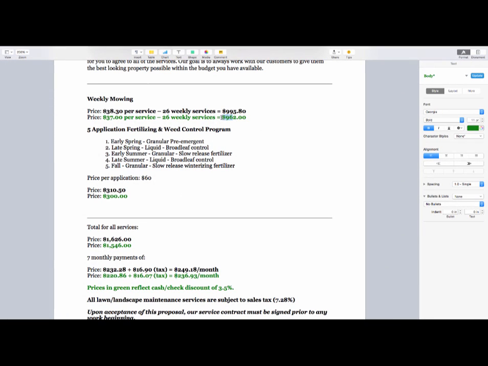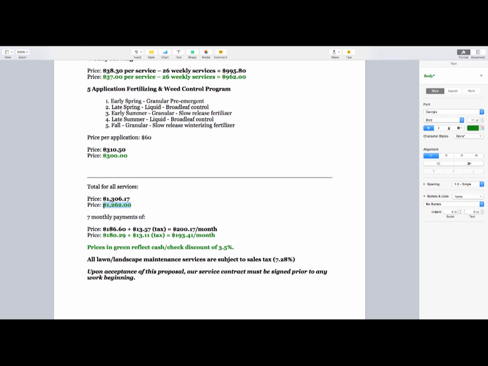This will give us $962. Then we'll take our $38.30 price, times that by 26, which will equal $995.80. Now we'll add up all of our fertilizing and weed control applications. Here in Minnesota, we do 5 applications per season, so 60 times 5 will be $300. And if you apply the 3.5%, that puts it at $310.50. So now the total for our services will be $1,262 for the season at the cash check rate, and